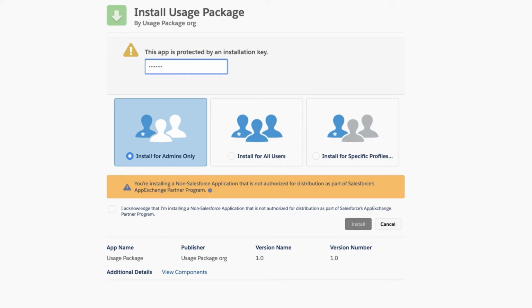On the same page, there will be three options to install it for users: install for admins only, install for all users, install for specific users. For this screencast, I will select Install for Admins Only. Check the line item stating that you're installing a non-Salesforce application that is not authorized for distribution as part of Salesforce's AppExchange Partner Program. After that, click Install,